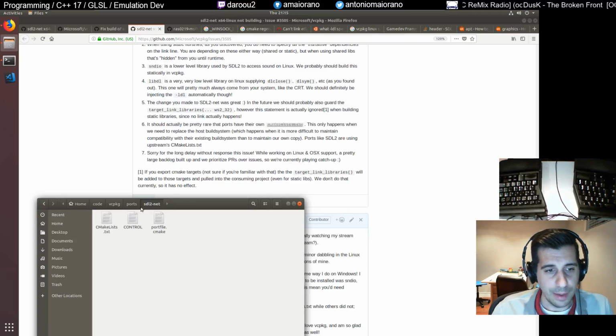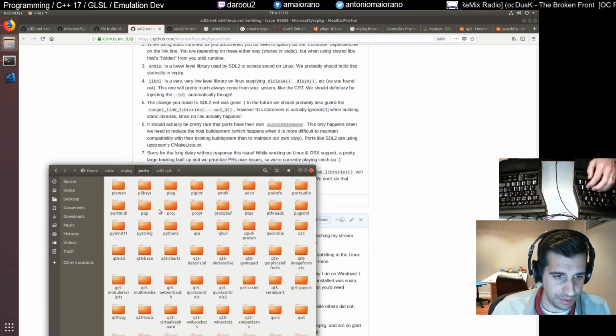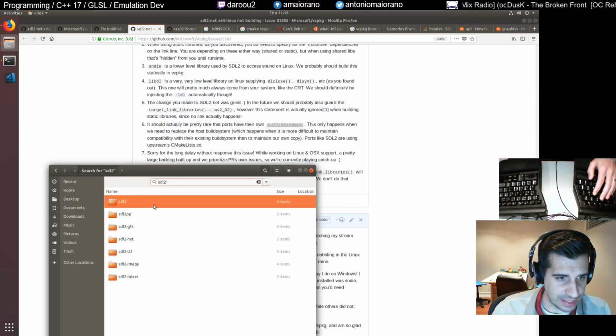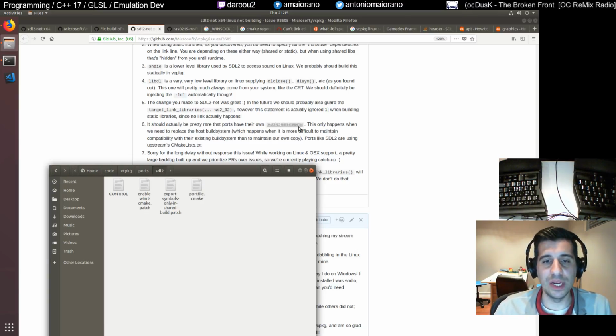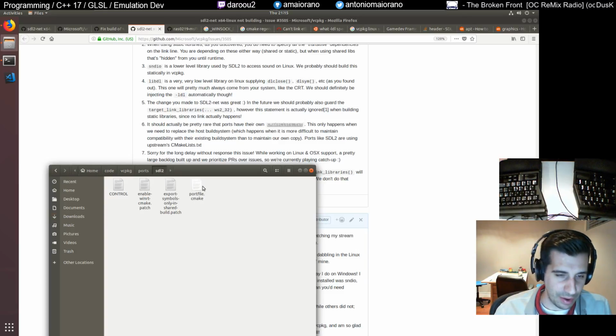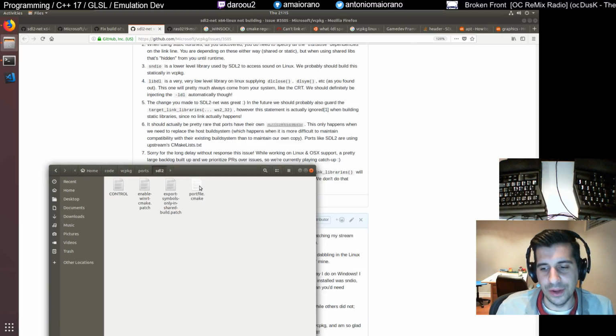This one has, right? But like we saw, SDL2 itself does not have that. It has a port file.cmake, which isn't the same. And he says this only happens when we need to replace the host build system, which happens when it is more difficult to maintain compatibility with their existing build system than to maintain our own copy. So ports like SDL2 are using upstream's CMake list. I remember reading it, and in their port file here, they actually download what they need from the upstream CMake to then build it, rather than host their own CMake lists and manage their own. But that's not the case for